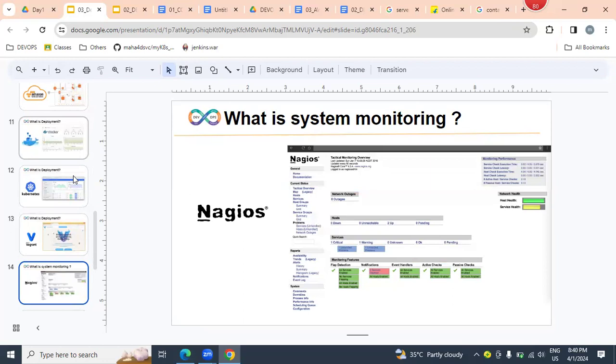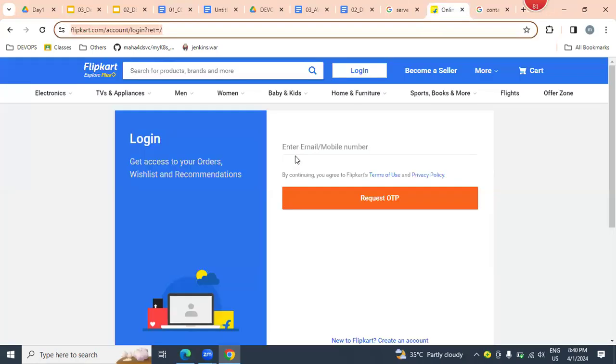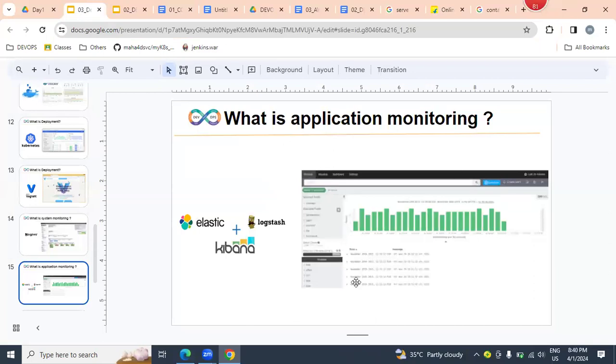We are going to monitor, and we're going to be learning ELK, Elasticsearch, Logstash, Kibana also. With the help of ELK, we can monitor our application. While monitoring our application, logs are generated internally, those logs will be monitored, and on top of it we will create analytics that look like this one.